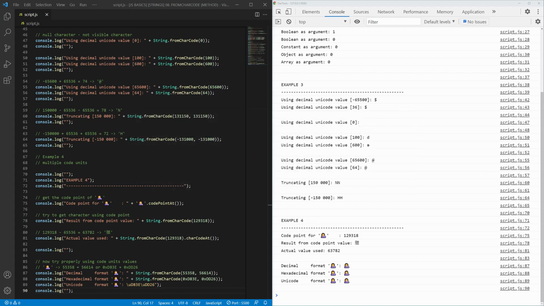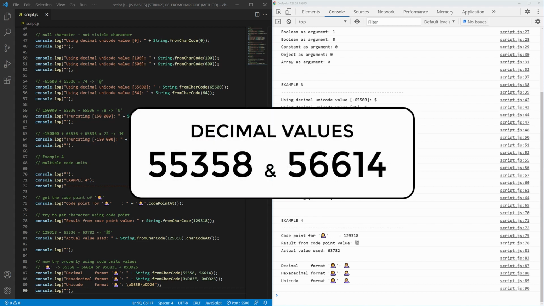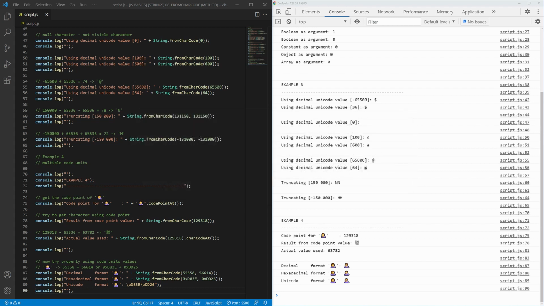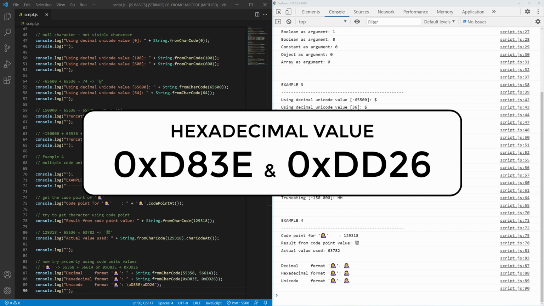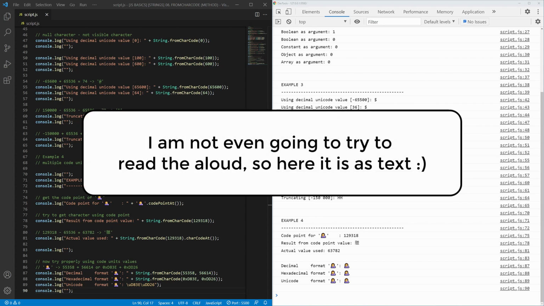When translated into two surrogate code units, the values are 55358 and 56614 in decimal format, or D83E and DD26 in hexadecimal format. You can also write the same thing using the \u prefix, signaling that the value is a Unicode code unit value. In that case, you would write it as